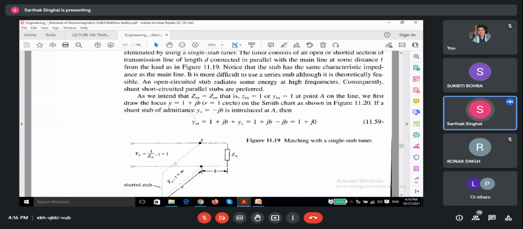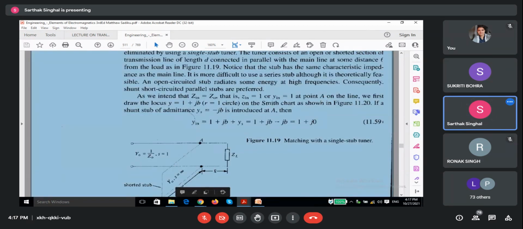Right. So what is the impedance? See, y in is equal to 1 plus jb. What is this one? In the input impedance equation, if we take Z naught to the left hand side, it will be a normalized input impedance, Zn upon Z naught, right? So by taking its reciprocal, you can calculate y in.